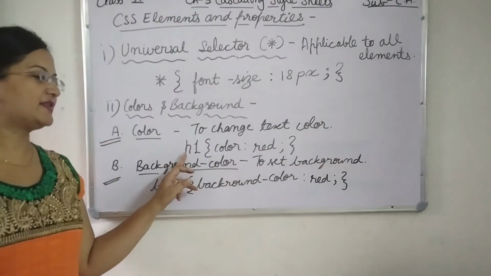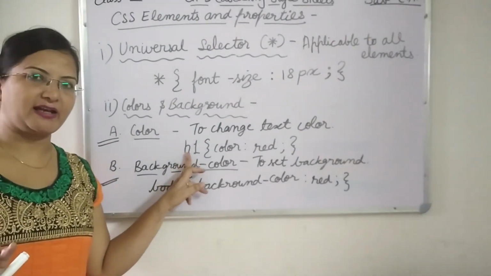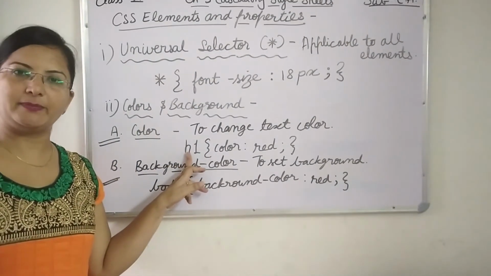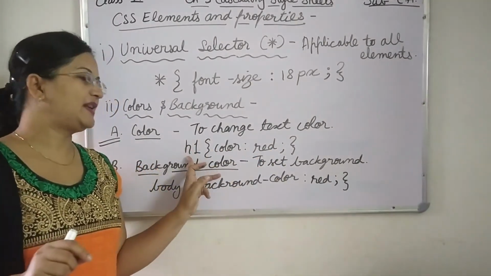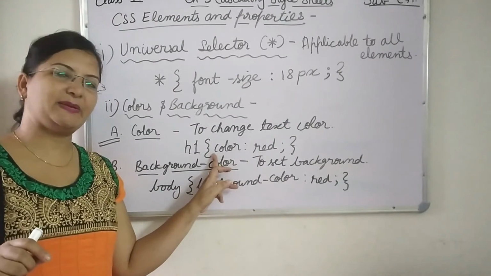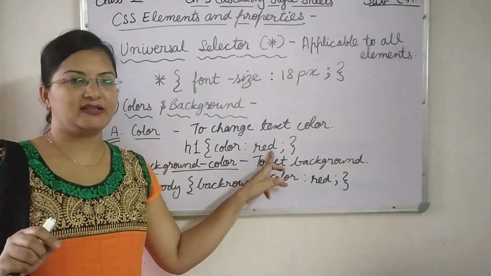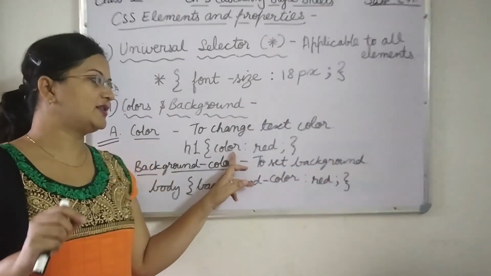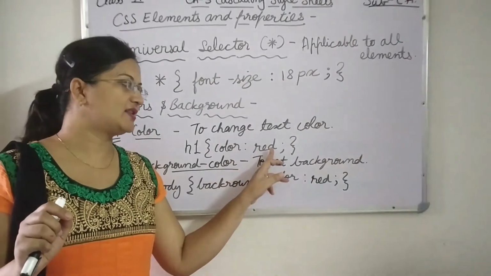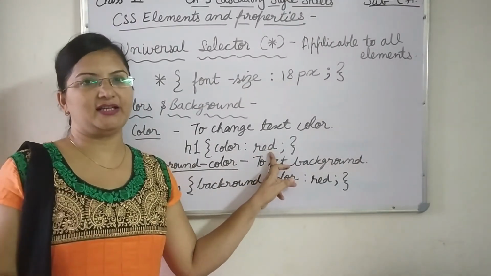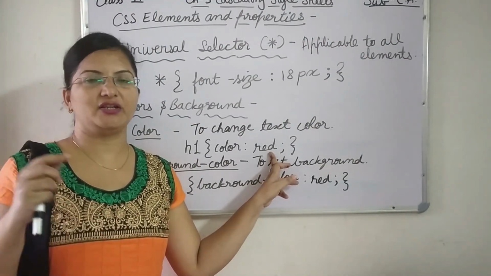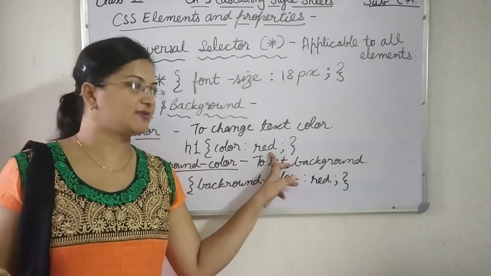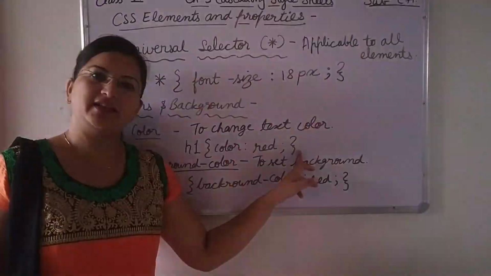So here I have simply set the color for the H1 tag. All headings in the page will have the color red. Simply write the element name, then curly brackets, the property and the value. To change the color, the property is color, and its value is red here. You can write any color. You can also use hexadecimal values that I have already taught you in the previous HTML chapters. Then a semicolon and then the curly bracket.